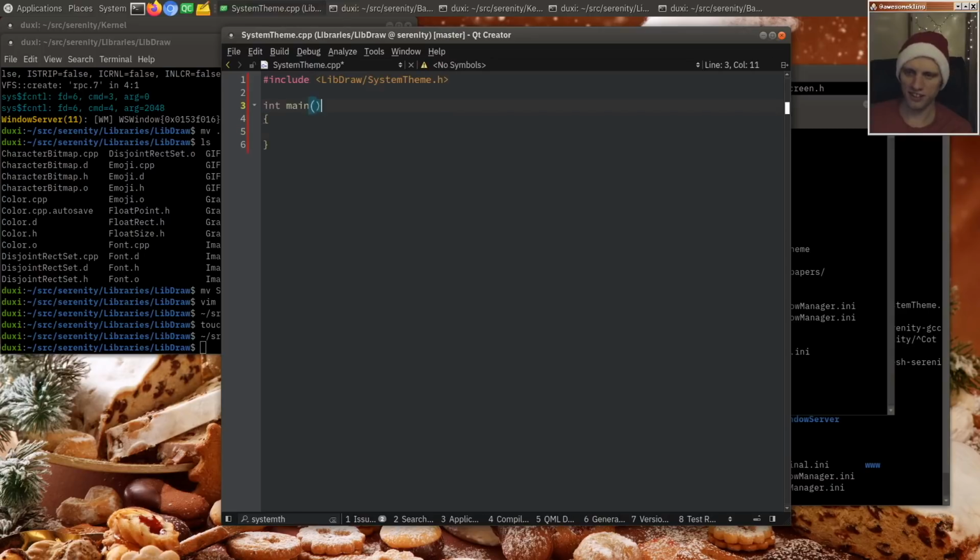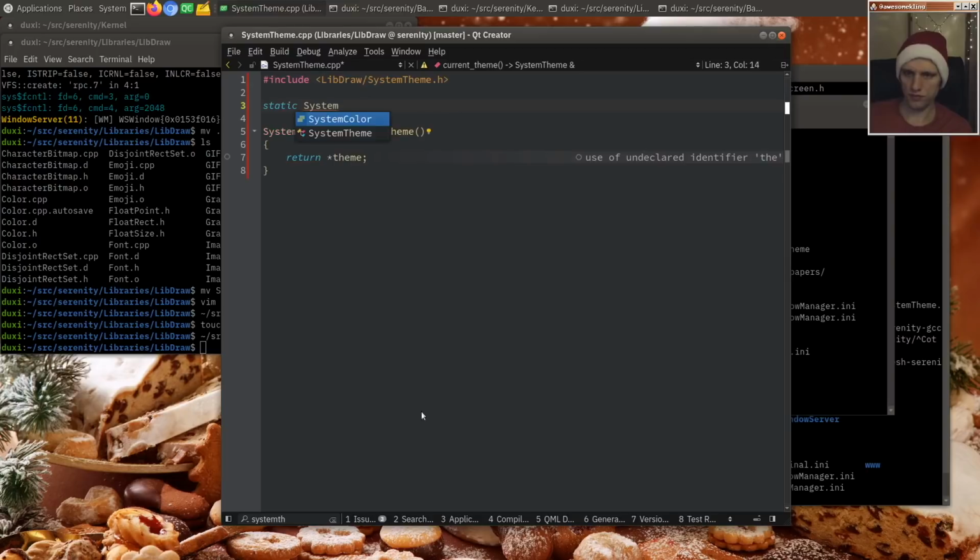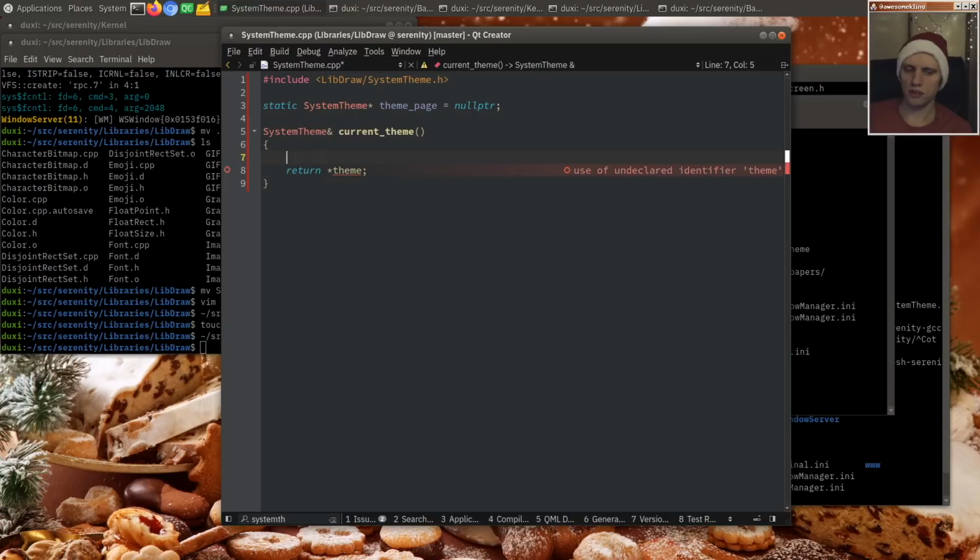No, what am I doing? Theme. Theme page. And if we don't have a theme, that's not very good, is it? So we'll have to do a system theme set theme,